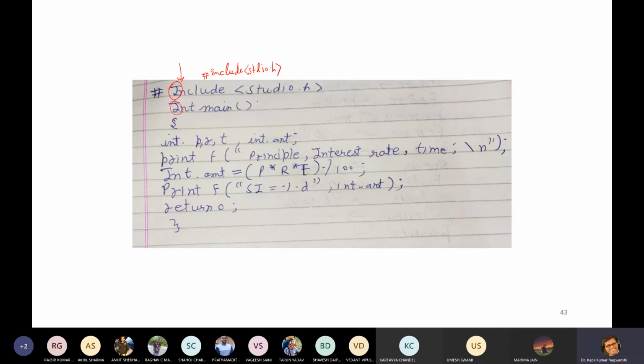The first character is by default capital. Okay. Then integer P, R, T, and Y. What is this? Interest? Okay. So it must be written print, and then followed by a very big space. Principal, interest, rate and time. What is this? Sir, principal or interest rate or time.